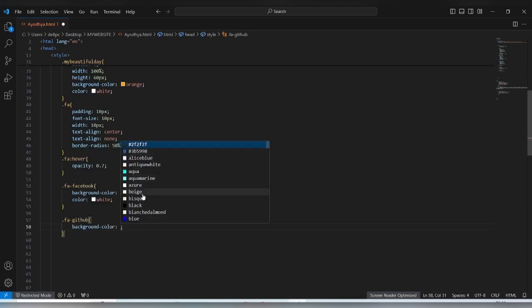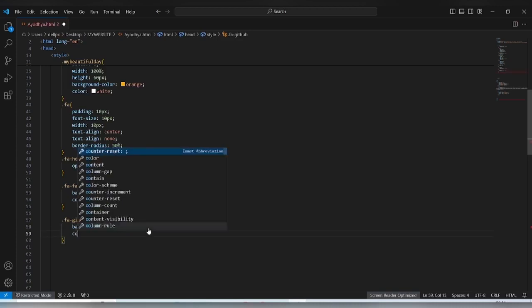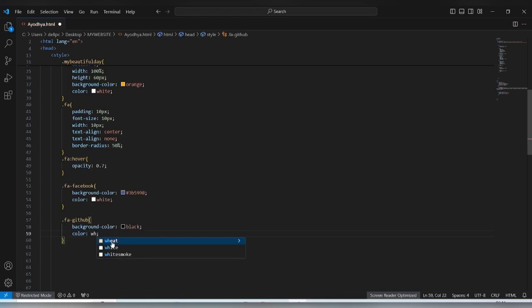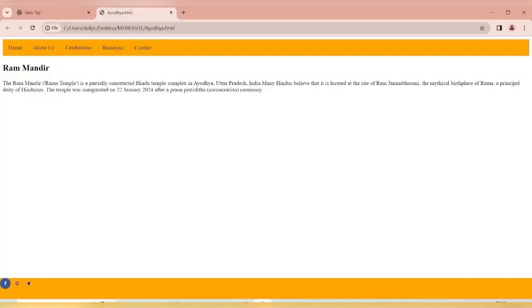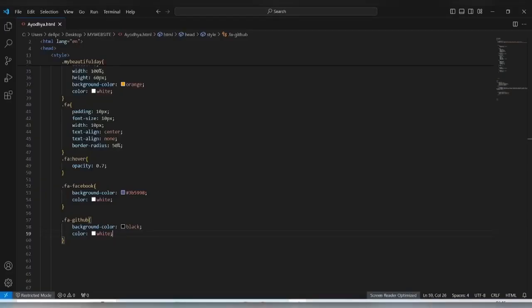Obviously the background color for this is black and the color is definitely white. Control S. Okay, refresh. See now, this looks so great. Okay, and same way we can make it for the Twitter. .fa and